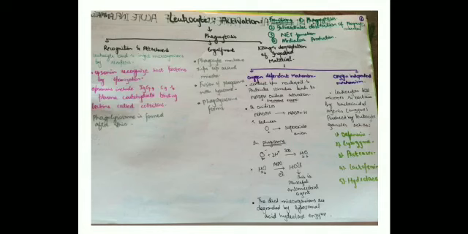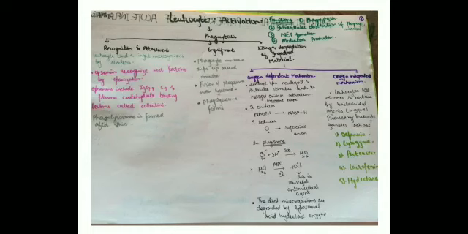Let me tell you some important opsonins. They are the antibodies of the immunoglobulin IgG class that bind to microbial surface antigens. Opsonins also include the breakdown product of complement C3, and they also include the collectins, which are plasma carbohydrate-binding lectins that bind to microbial cell wall sugar groups.